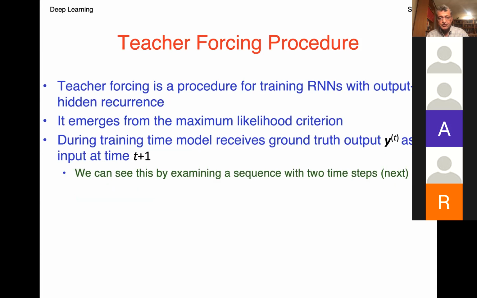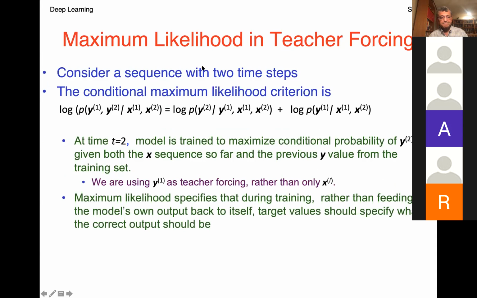So, the teacher forcing procedure for training RNNs with hidden recurrence: how do you set it up with teacher forcing? It emerges from the maximum likelihood criterion again. During training time, the model receives the ground truth output y_t as input at time t+1. We can see this by examining a sequence of 2 time steps. The conditional maximum likelihood criterion is, again, we're using the log likelihood, log P of y1, y2 given x1, x2, which can be written as P of y2 given